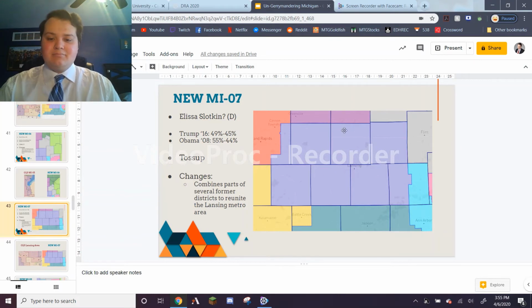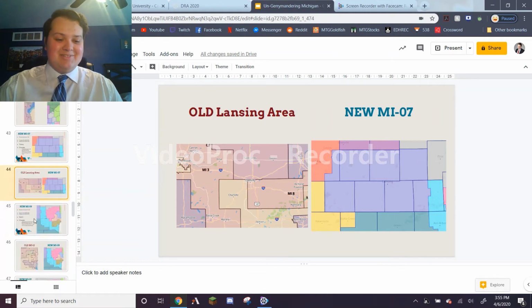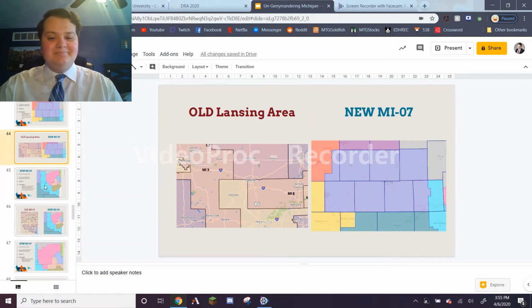It combines several parts of the former districts that just totally chop up this area between the 3rd district, the 4th district, the 8th district, and the 7th district. It makes it just so much simpler to just have them be, and not that this was intentional, but it's almost a square. I really wasn't trying to make it a square, but gosh, it turned out to be almost a square, which is pretty nice.